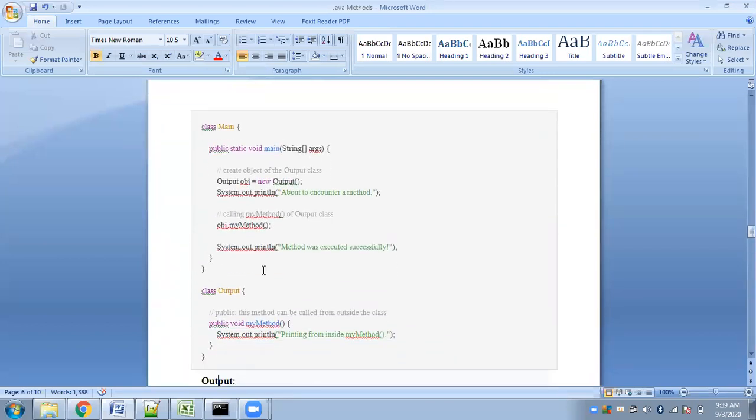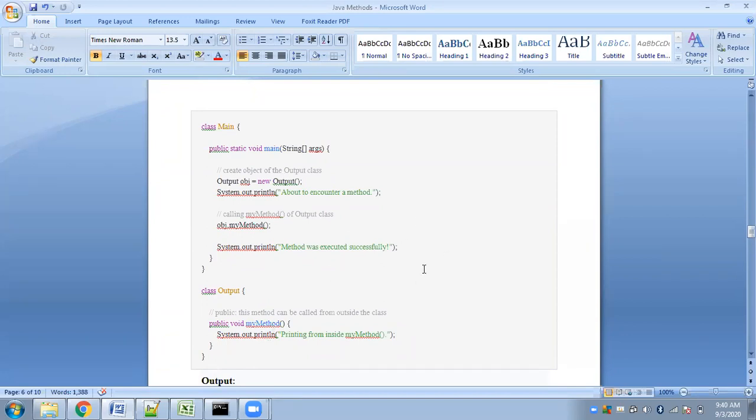It was very simple here, but here we have considered two separate classes for each of these two methods. The main method belongs to the main class, my method belongs to the output class. I want the main function to call this method. Since we have only one user defined function, it is obvious that this my method has to be called by the main method.